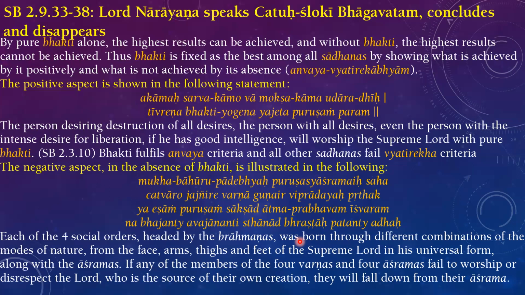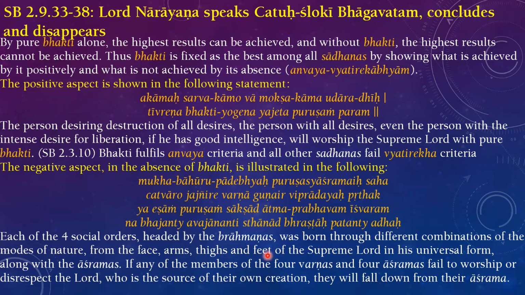Each of the four social orders headed by the Brahmanas was born through different combinations of the modes of nature, from the face, arms, thighs, and feet of the Supreme Lord in his universal form, along with the ashramas. See, from the face, Brahmanas came. From the arms, Kshatriyas came. From the thighs, Vaishyas came. From the feet, Shudras came. Like that,